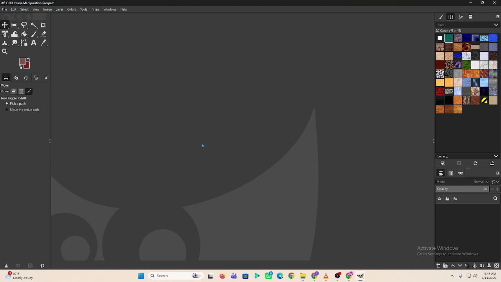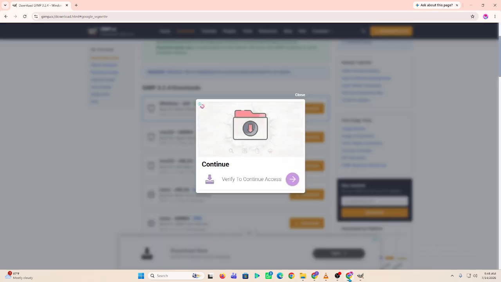Hey everyone, want to uninstall GIMP from your computer? In this video, I'll show you how to remove GIMP step by step. Whether you're reinstalling the software, freeing up storage space, or simply no longer need it, this guide will help